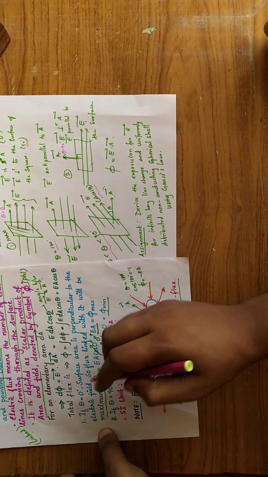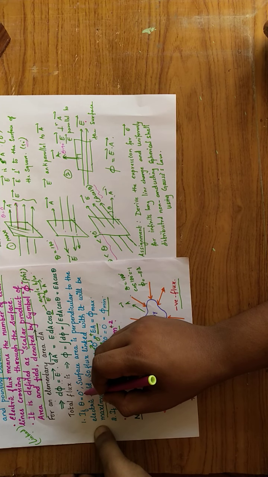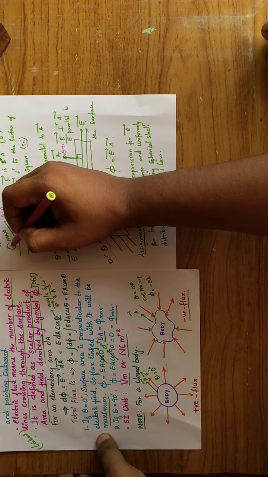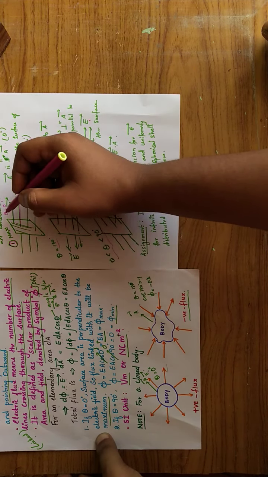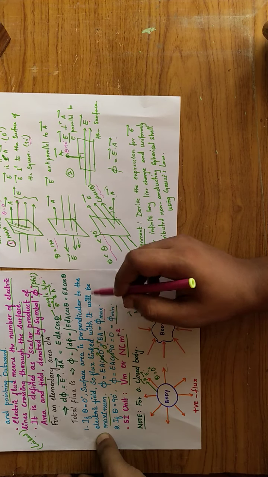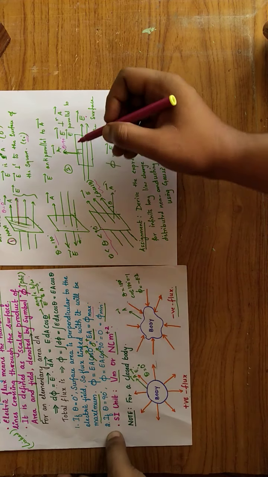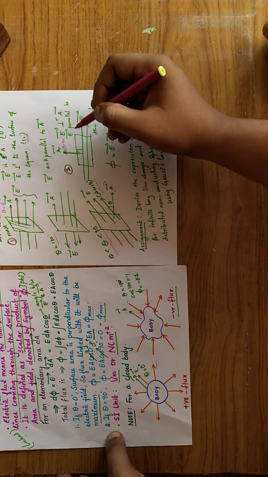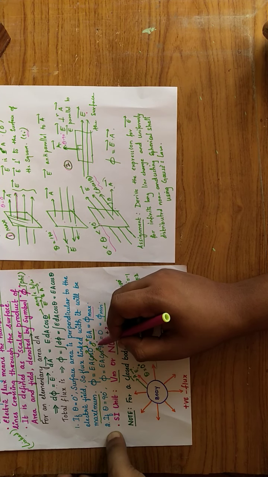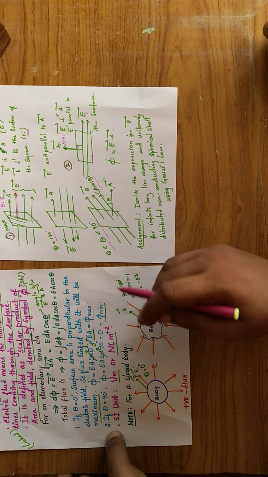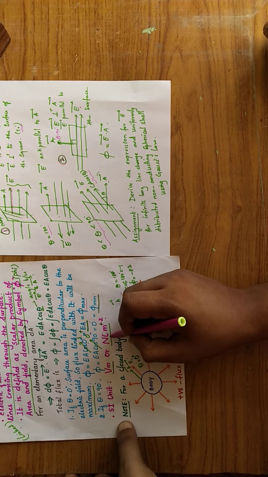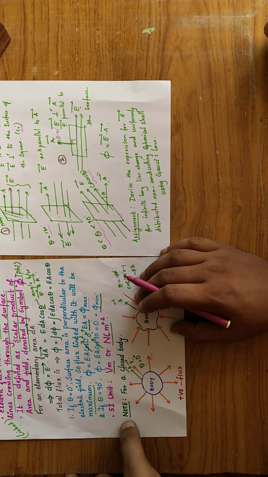Okay, then we are going to understand if theta equal to 0, surface area is perpendicular to the electric field. So this is the situation 1. Okay, then if you substitute theta value 0, cos 0 is 1, so therefore you are getting maximum flux EA. If theta equal to 90, this is the second case. Okay, so theta is 90, electric field is perpendicular to area vector, then cos 90 is 0, which will give you minimum flux. The unit of electric flux is volt meter or Newton meter square per Coulomb.